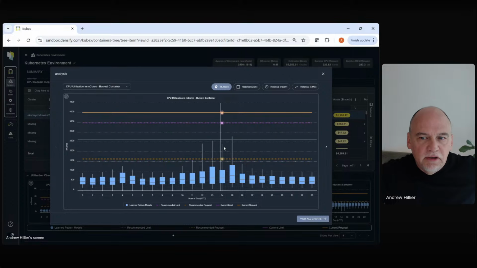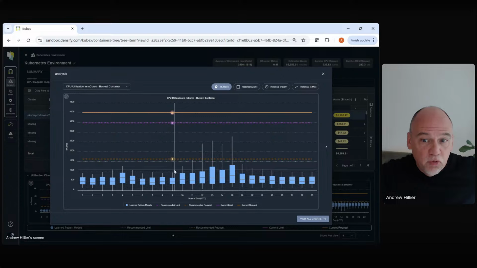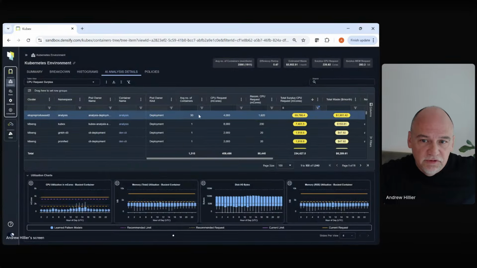It can peak up above the request, as Daniel pointed out, and that's fine. The nodes have plenty of CPU, and we're checking all of that. So this recommendation is going to save quite a bit of money because we're chopping this thing in half. And there's actually 30 replicas of this thing. So overall, we're going to save about 70 CPUs by fixing that one.